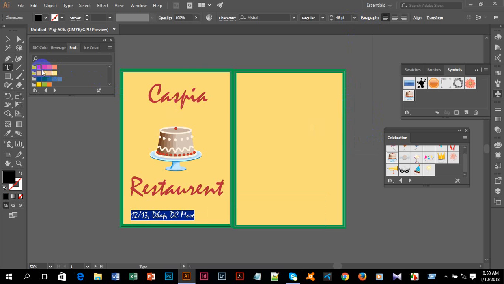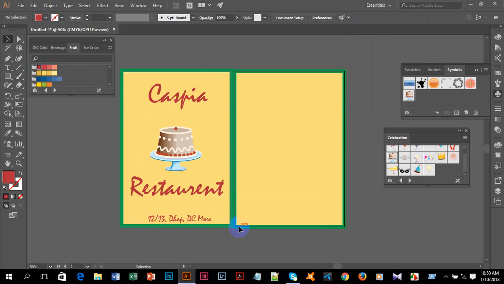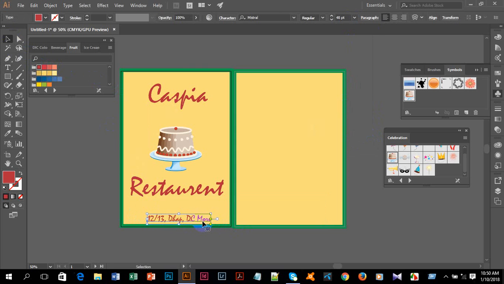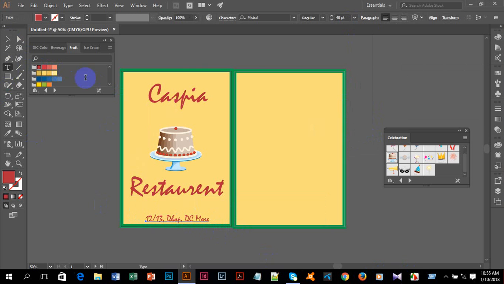This is a good size, and I'll change the color again, take the selection tool and place it here in the downside. After that, I'm taking the text tool, left clicking here and writing down Food Menu, then Ctrl A, I'll increase the size a little bit, change the color, take the selection tool and put it in the middle.